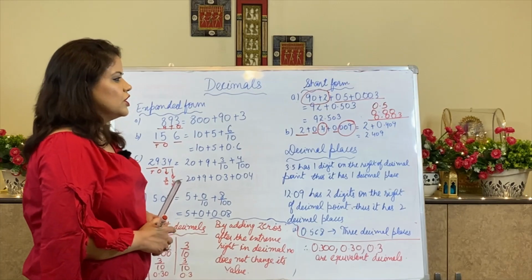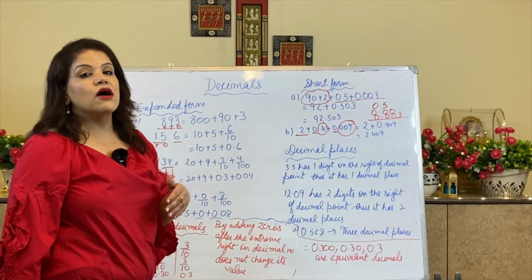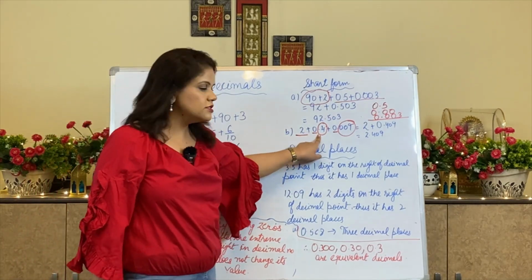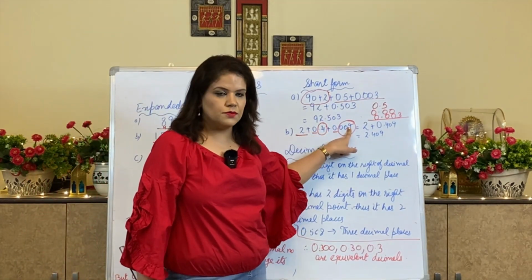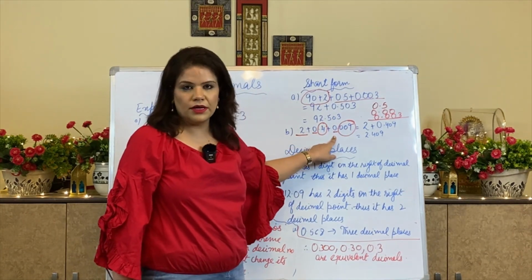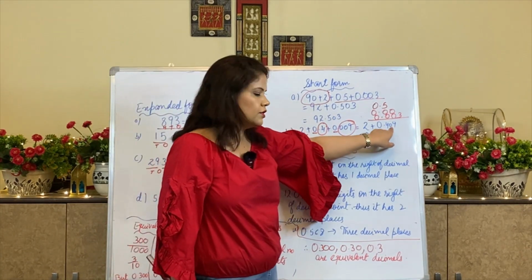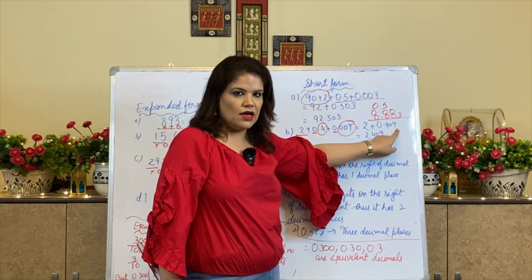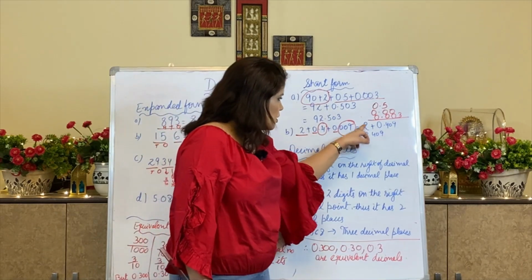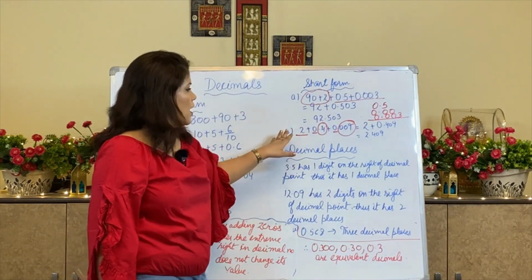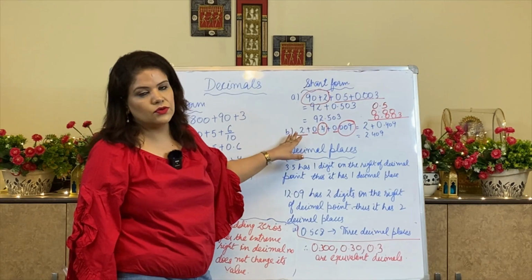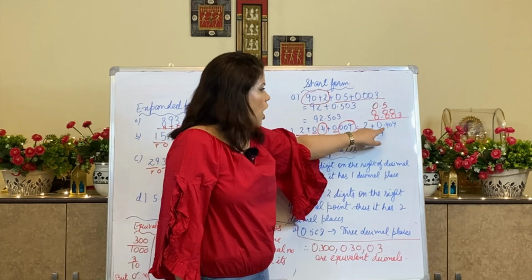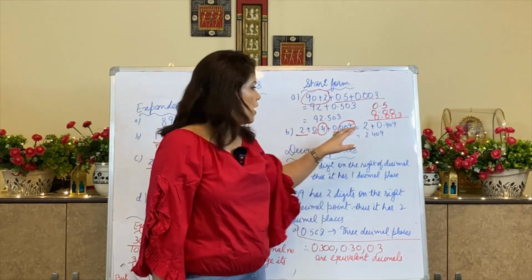Here also we don't have any number at the 1/100th place. We have 4 at the 1/10th place, we have 9 at the 1000th place. So we don't have any number at the 1/100th place, so what will we use? 0. For the 1/10th place we have 4, for the 1000th place we have 9. So the decimal part will add to the decimal part and the whole part will add to the whole part only. Since the whole part in this will become 0, after the decimal we will write the decimal part after adding